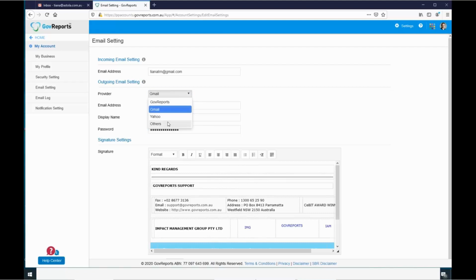But if you use another email service provider, you might have to put in the SMTP server and SMTP port as part of the configuration, so that the system can connect and set up the email. Of course, if you've got an email signature, which we do recommend, and if you haven't, just put in your contact details, and this will form part of the email signature that your clients receive when they get an email from you. Once you've done that,